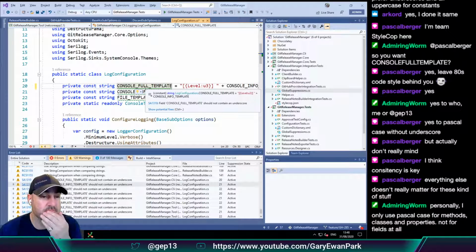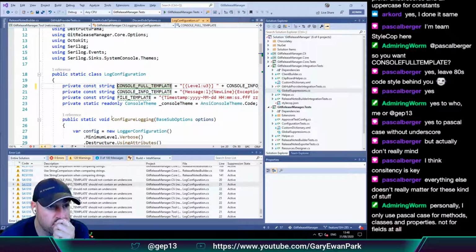You're making me wonder now. I only use Pascal case for methods, classes, and properties. So why is this one not complaining? Because this contains an underscore at the top, so it's a type of Hungarian notation. So why is that not complaining?